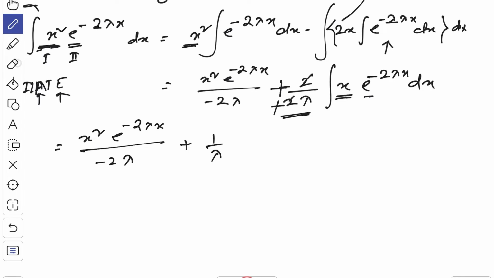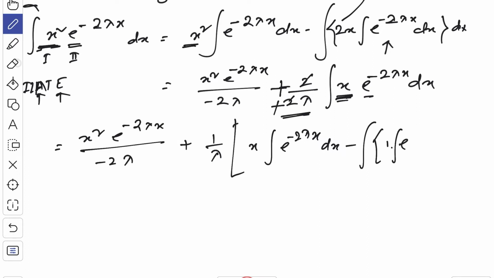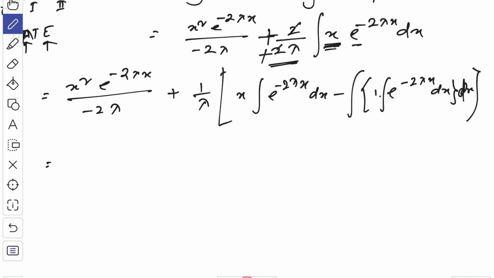So here again, first function is x, integration of the second, e to the power minus 2 lambda x dx, minus integration of the whole derivative of x, which is 1, into the integration of e to the power minus 2 lambda x dx. So now what you're going to have again is x square e to the power minus 2 lambda x by minus 2 lambda